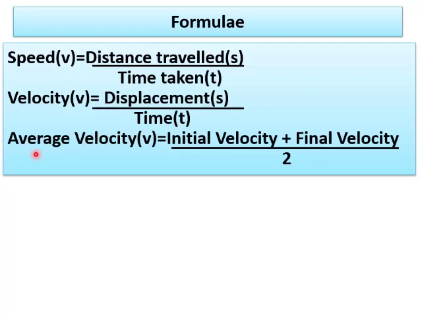Now when you go to average velocity, the initial velocity plus final velocity by 2, that gives you the average velocity formula. So this in the later classes we'll learn about what is initial velocity, final velocity. So these are the formulae up to now what we have covered in the lesson. Okay, when we do the numericals we have to remember these formulae.